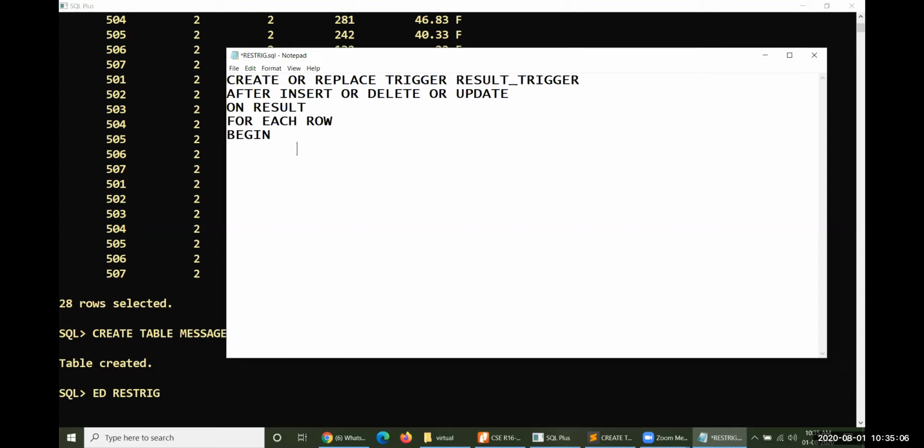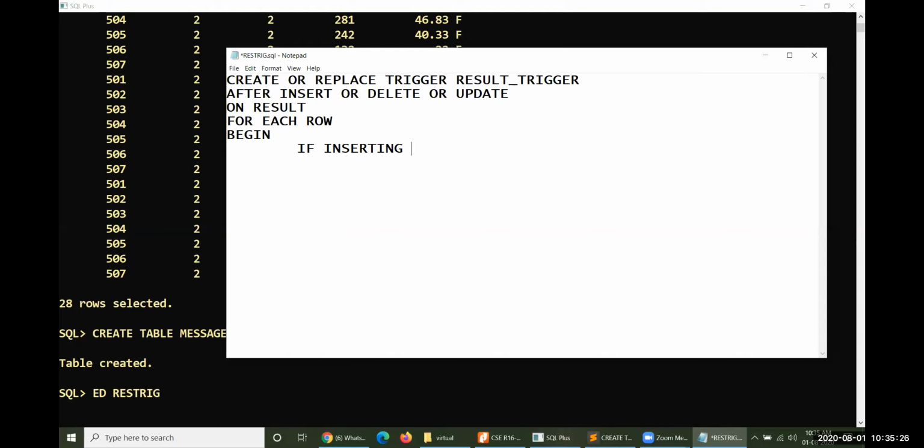There are three different kinds of trigger attributes. If an insert operation is performed, then inserting will be true. If you are not performing an insert operation, inserting will be false.